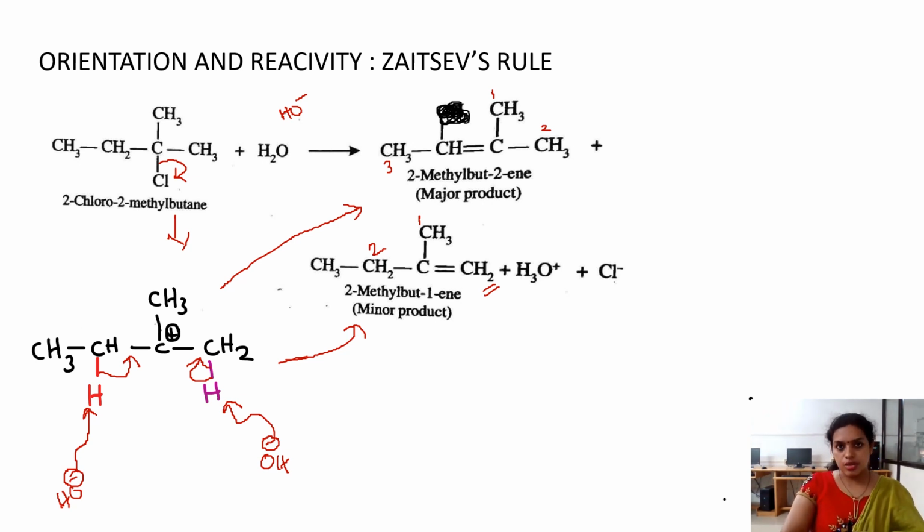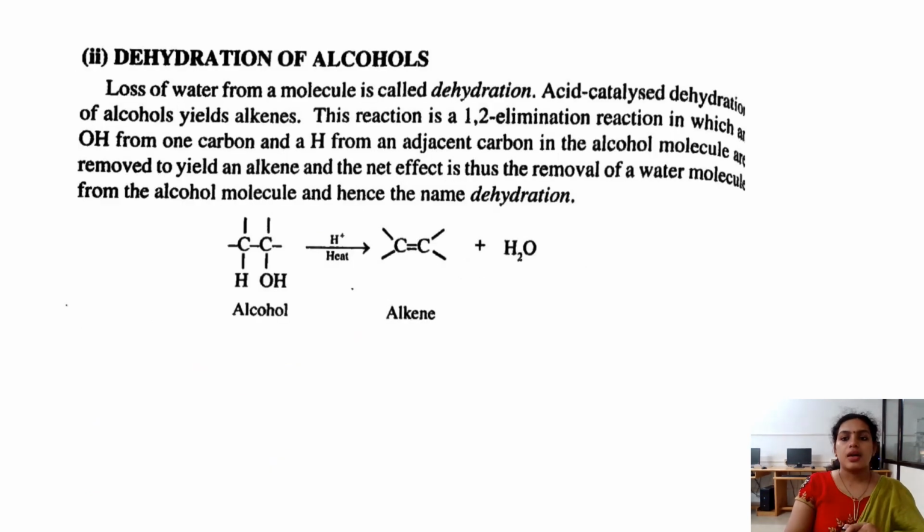This is the explanation of E1 and E2 mechanisms. And now we have to see what we mean by the dehydration of alcohols. Dehydration of alcohol means from an alcohol, a water molecule is eliminated from adjacent carbon atoms. Okay, H and OH, a water molecule is eliminated from adjacent carbon atoms from an alcohol to give you an alkene plus water. Okay,